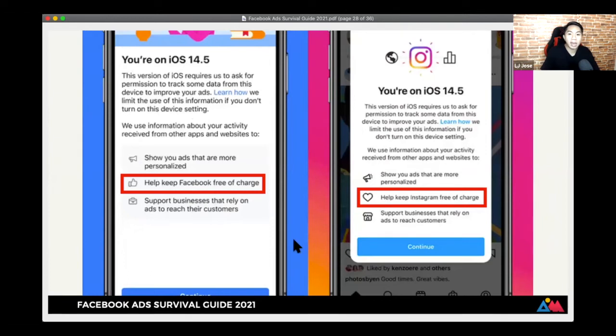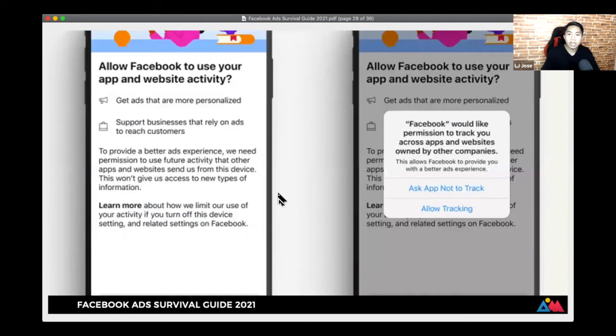So when you tap continue, pag tap nyo yung continue dyan, ito na yung makikita nyo on the right. Okay? So ito na yung ATT prompt. So app tracking transparency. Yun ang ibig sabihin nun. So Facebook would like permission to track you across apps and websites owned by other companies. Okay?